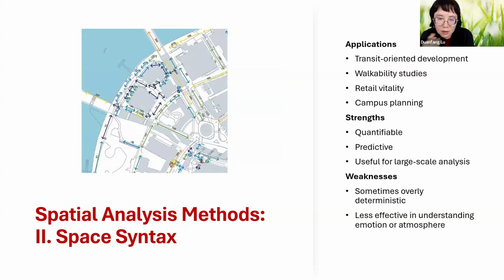So by using that sort of rigorous analysis, you might be able to help with your transit-oriented development, because based on quantifiable data, you can easily determine how the new stations should be connected with existing